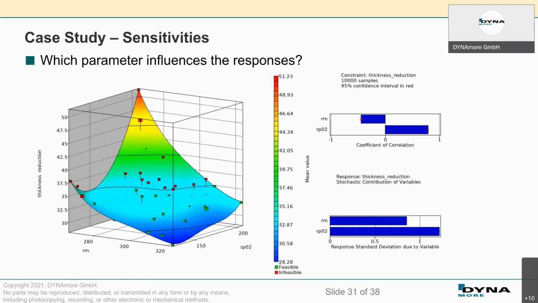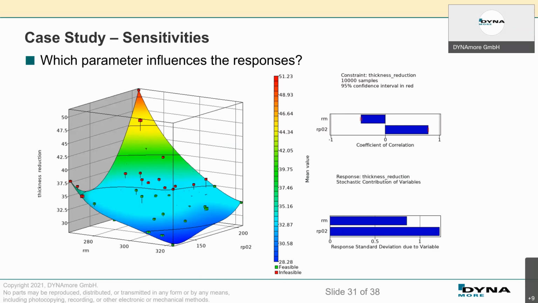We now know that our parameters definitely influence our response. We have a scatter in our response caused by the scatter of the parameters. It might also be interesting which of the parameters influences the response more than the other parameters. And we also have sensitivity measures, or values that can be used to judge the sensitivity of the